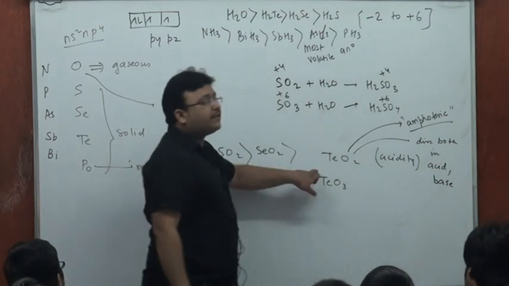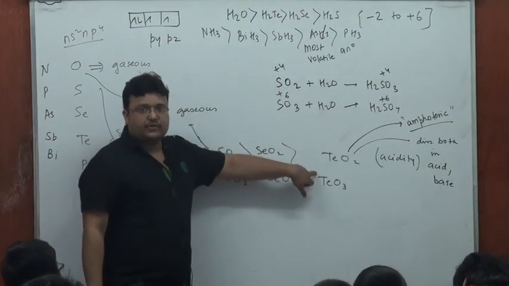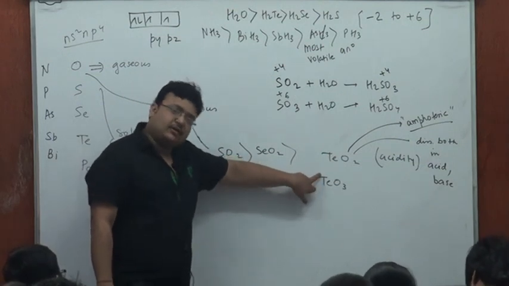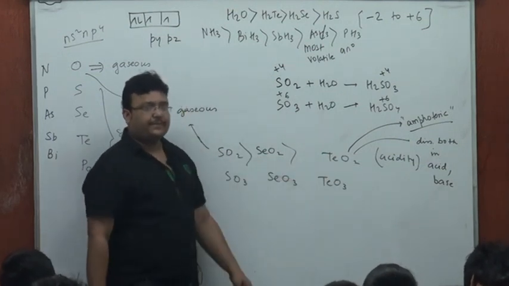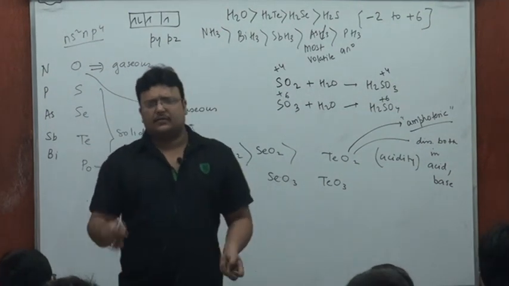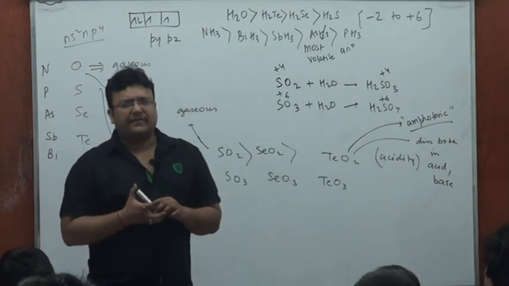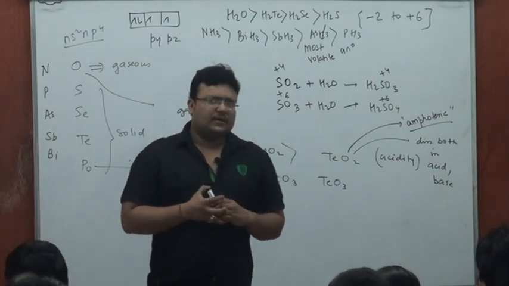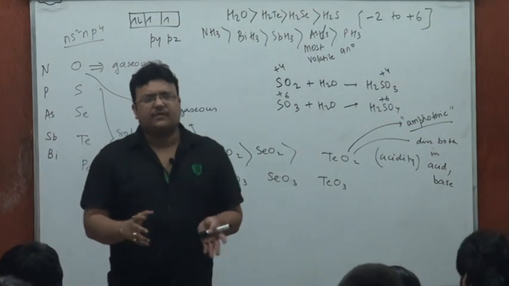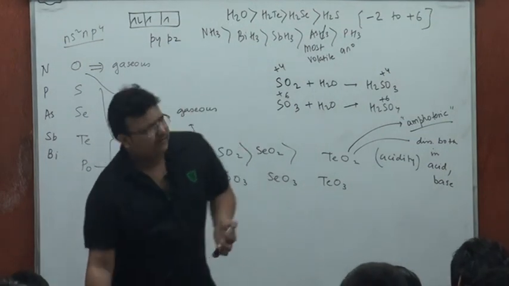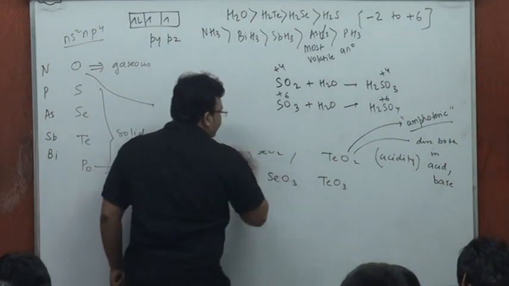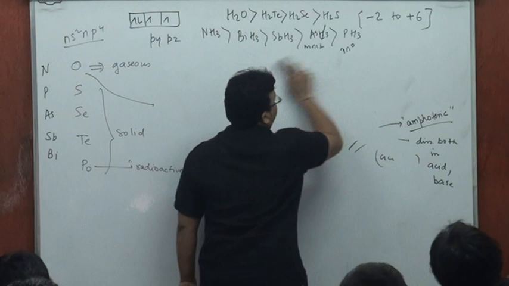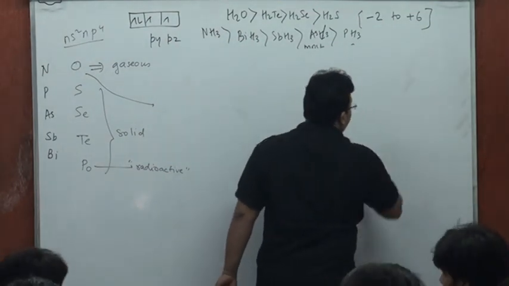Now its dissolving in base is not surprising, because they're supposed to be electronegative oxides, they're supposed to be acidic, but it would react with HCl also, react with nitric acid also. So these statements should be kept in mind. Tellurium oxide would start behaving amphoteric, would react with an acid as well as an alkali. When it comes to dissolving in an acid or alkali, I have told you it's about forming a salt only, which is soluble. We move on, and we will want to spend a little more time upon the oxyacids of this particular family.